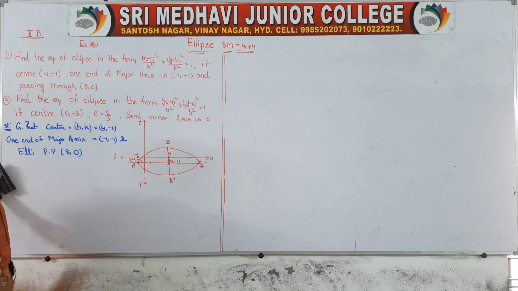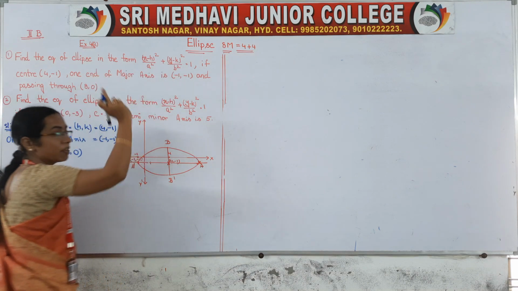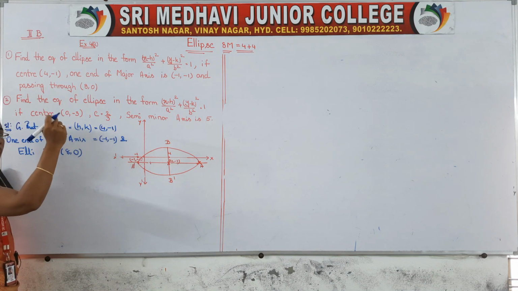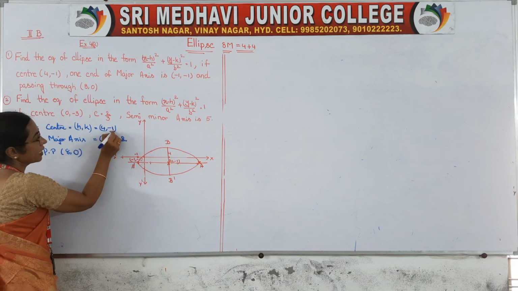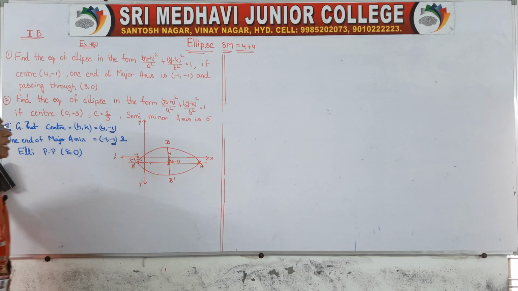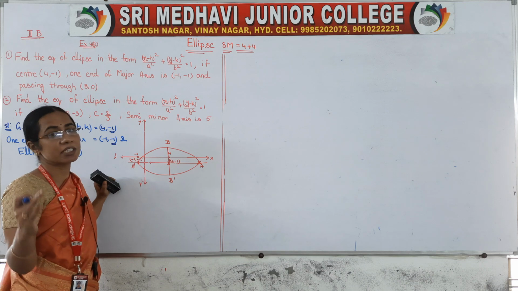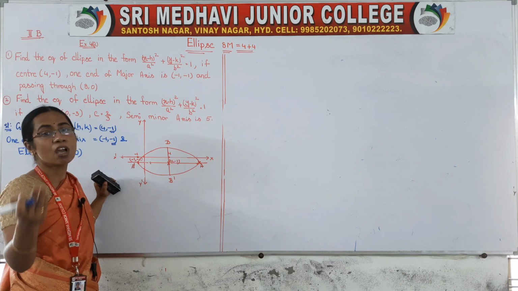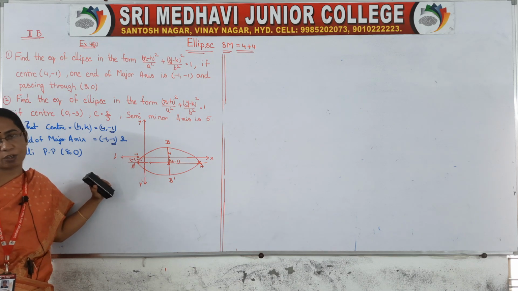So observe, to write the ellipse equation in this form, we need h value, k value, a value, b value. h and k are given to us. So we have to find a and b values by using this information. Observe the y coordinate of your center and one end of the major axis. Major axis means it can be a dash, it can be b dash. First of all, we have to decide whether it is a dash or b dash, so that we can find the distance from center to one end value, isn't it?